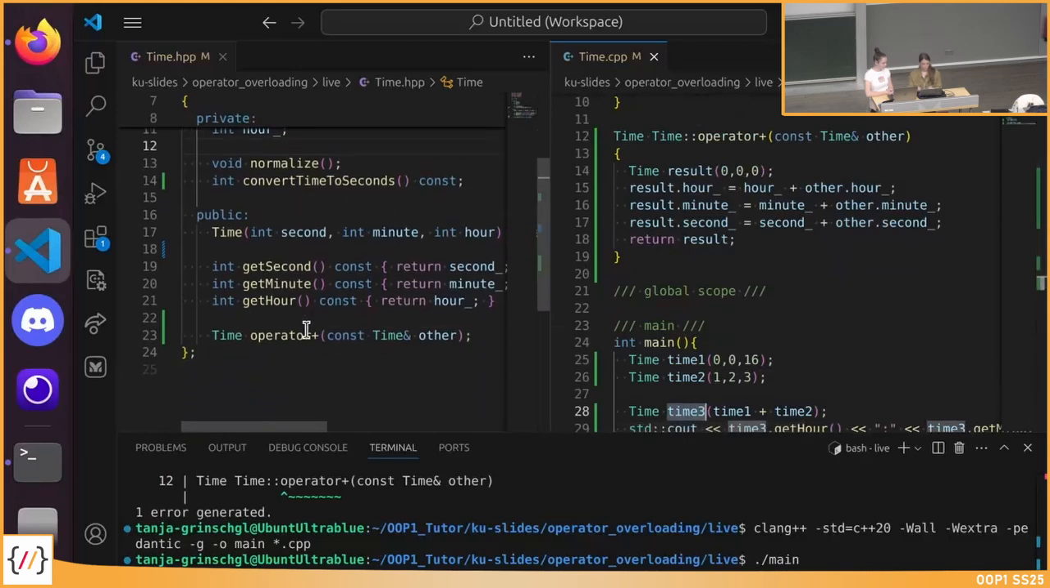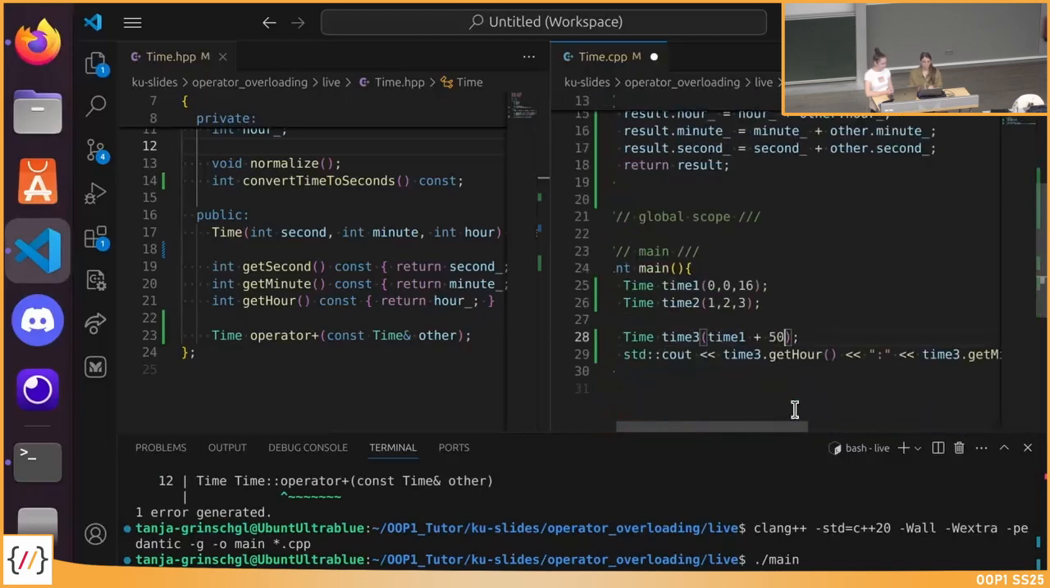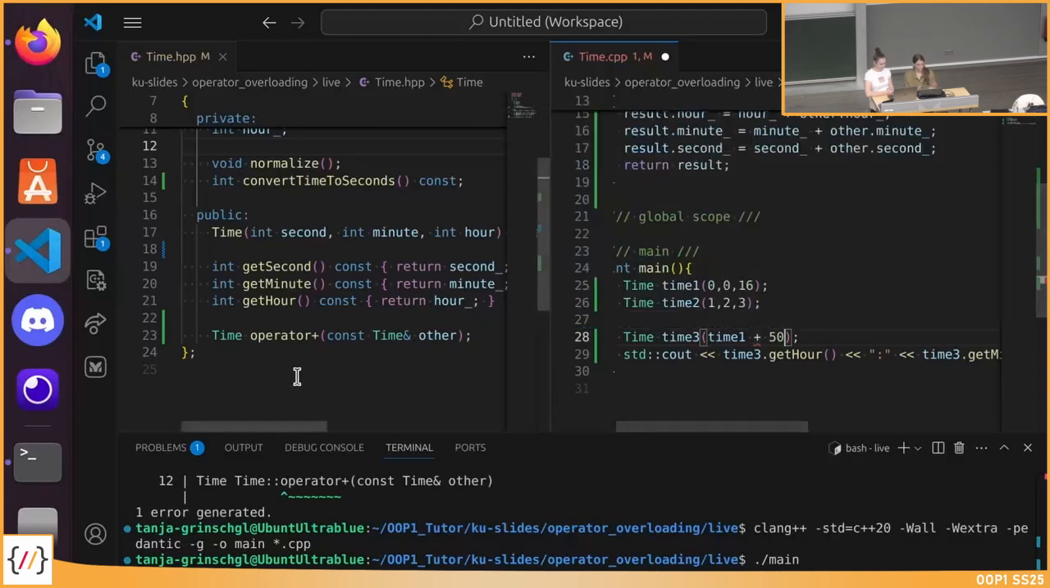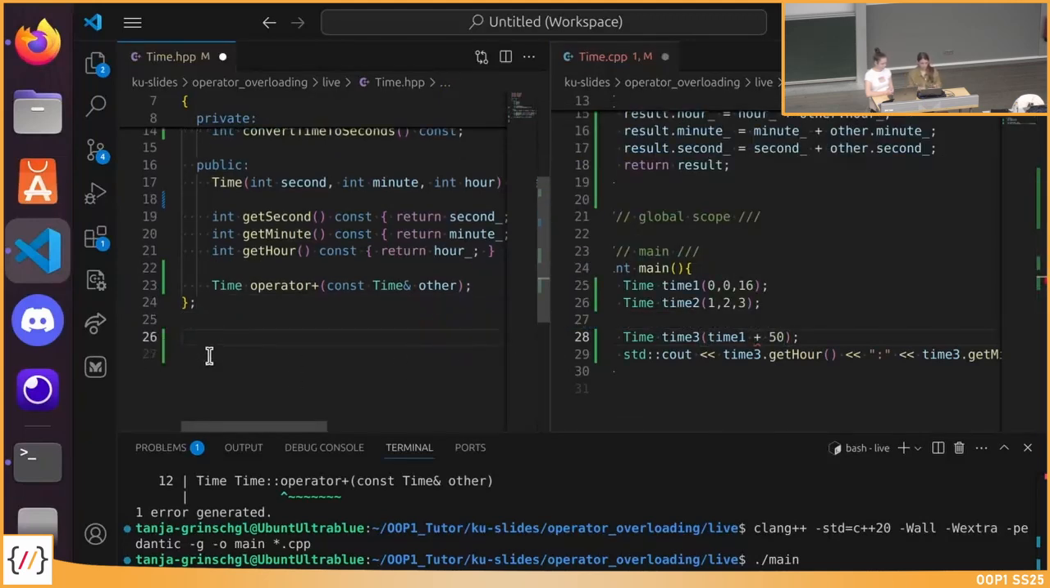Now, what if we want to also define that we don't actually add up 2 time objects with each other, but we just add, for example, 50 seconds to this one? Well, that again doesn't work because we've only defined what our class is supposed to do with the plus operator if there's a second time object, but we haven't defined it for an integer. So now we can also do that, and to make it more interesting, let's do that outside of the scope